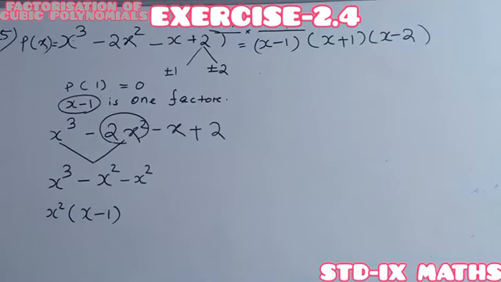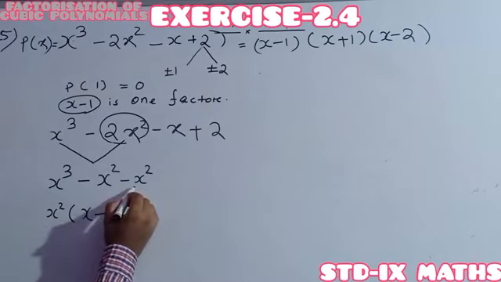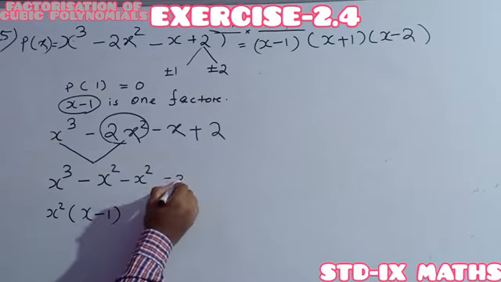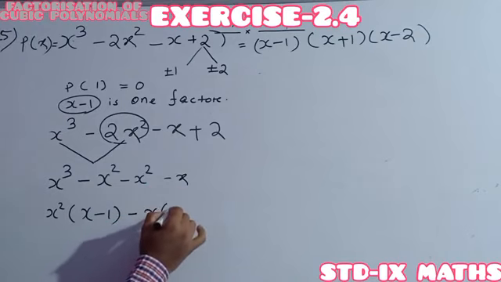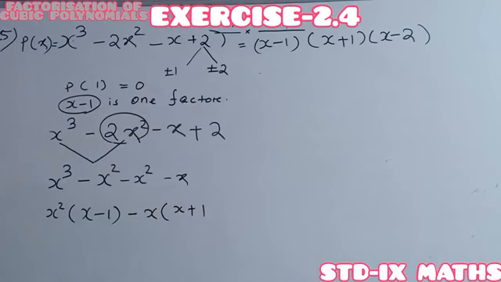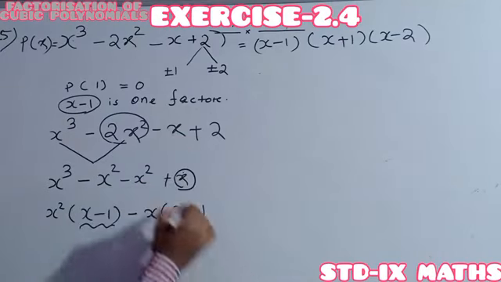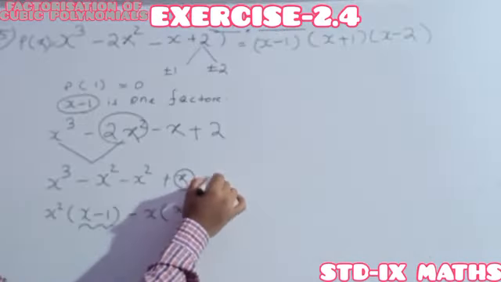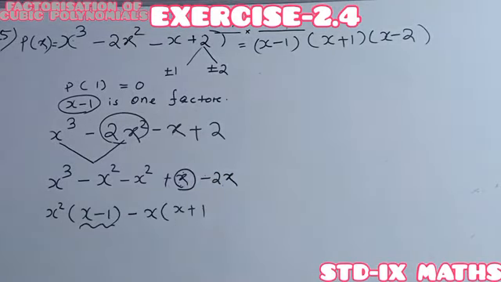Understood? Then after minus x square, here it is minus x. But whenever I take x as common, minus x, within the bracket x plus 1 comes. But I want everywhere x minus 1. So one is negative, means another must be positive: plus x. But how to balance this plus x with the minus x? So minus x plus x minus upper 2x. See, plus x minus 2x becomes our minus x.